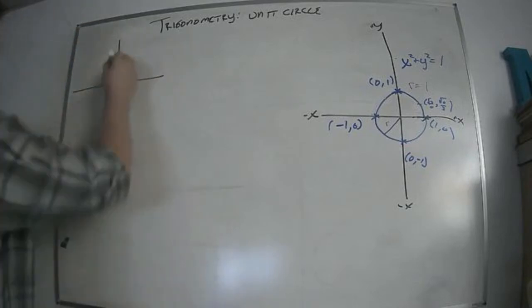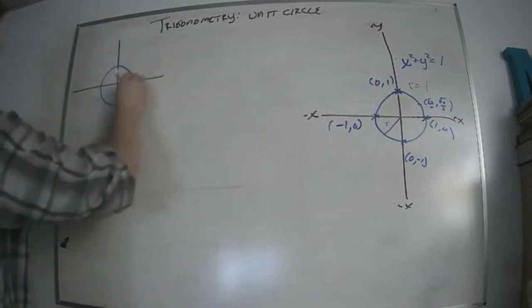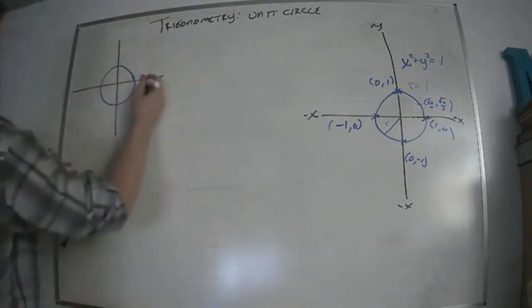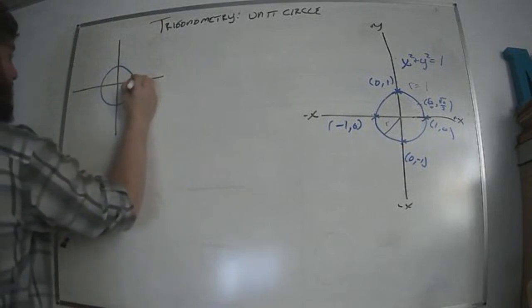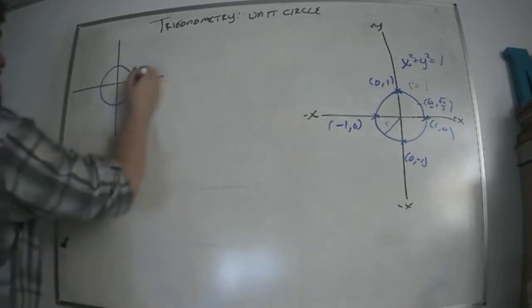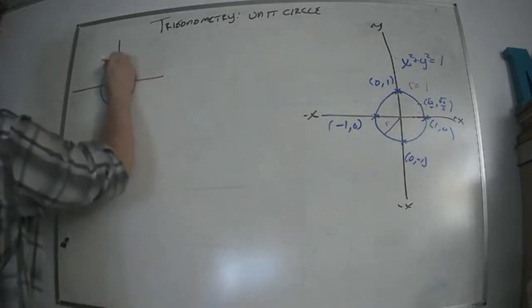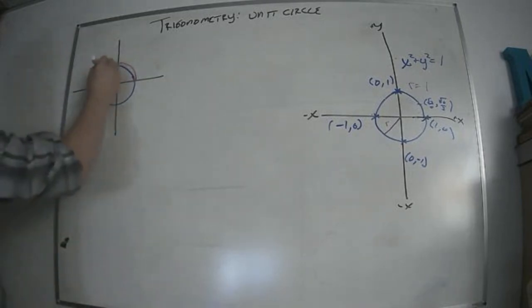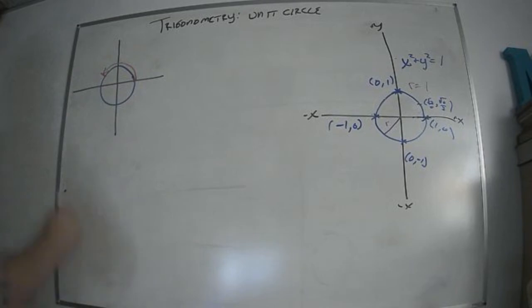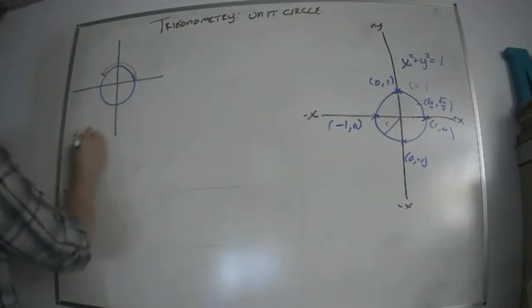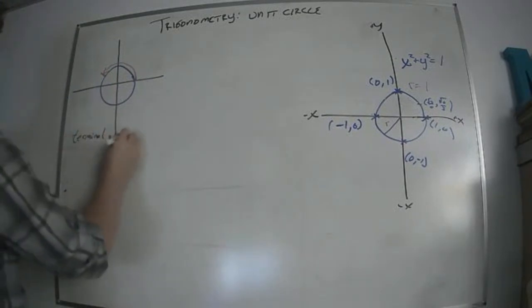So like I said, here is the unit circle. The terminal point, if you start with the x-axis here, if you start at the point (1, 0), and you move counterclockwise around the unit circle, wherever you stop is the value of t. So what does that tell us? That tells us that the terminal point t